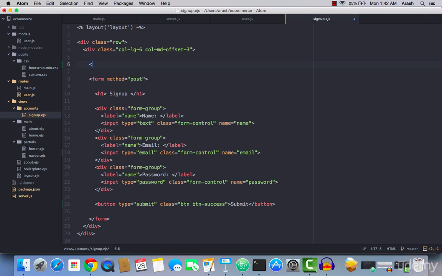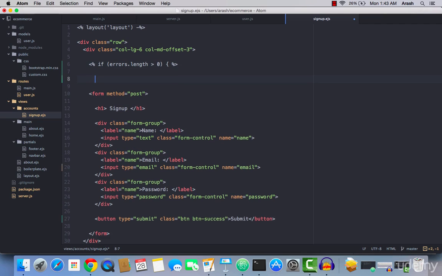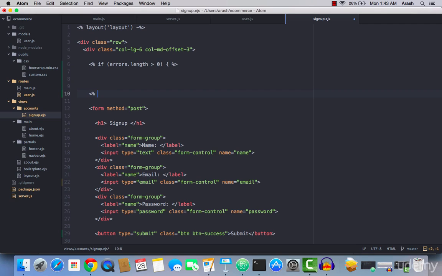And EJS provides you with a special syntax to check if there's an error or not. Guess what? It is exactly like JavaScript. It's like the logic. So how are you going to do it? You're going to type in an open tag and a percentage, and if errors.length is greater than 0. First, we just type in this first, and then you want to close it,